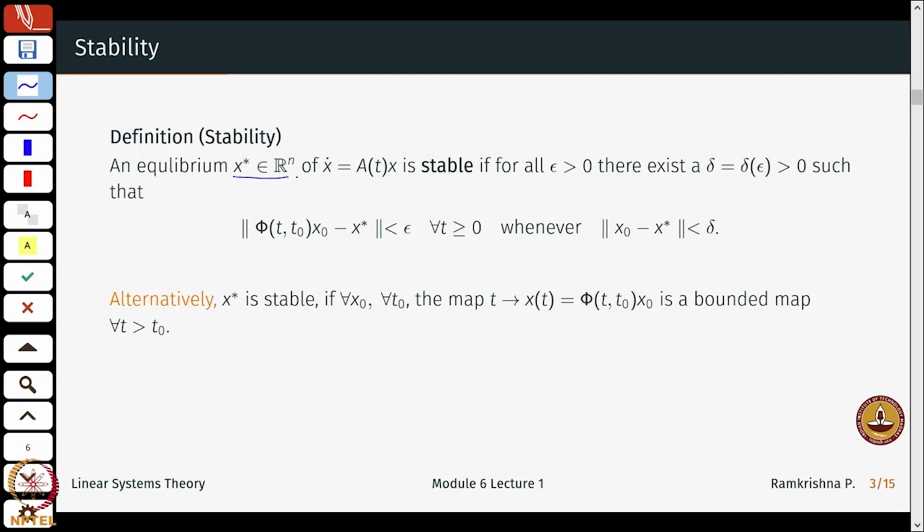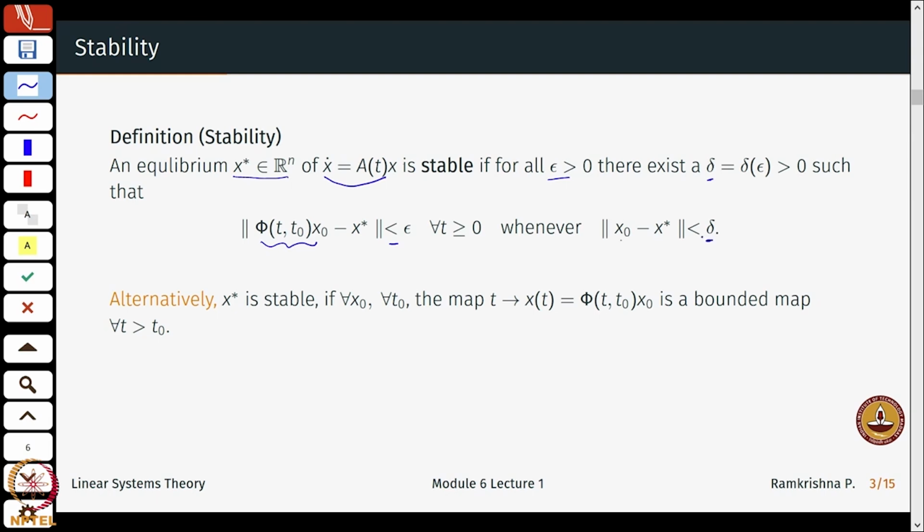An equilibrium x star of the system x dot equals A(t) x, where for ease of notation I drop the time argument of x, is stable if for all epsilon greater than 0 there exists a delta, which is a function of this epsilon, such that the solution trajectory, phi(t; t0, x0), which gives me the solution, satisfies the norm of this solution minus x star is less than epsilon